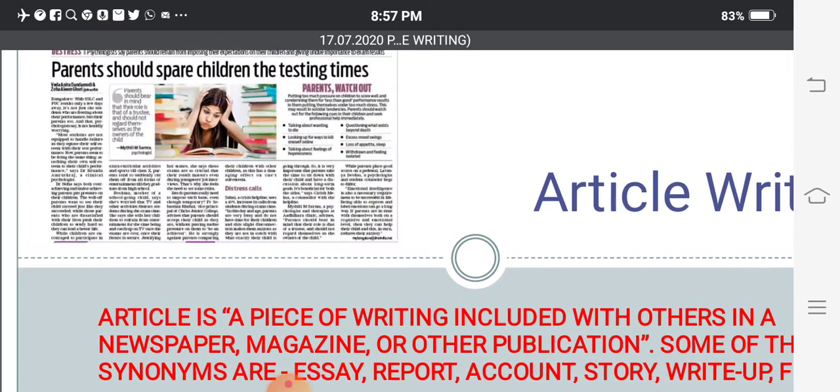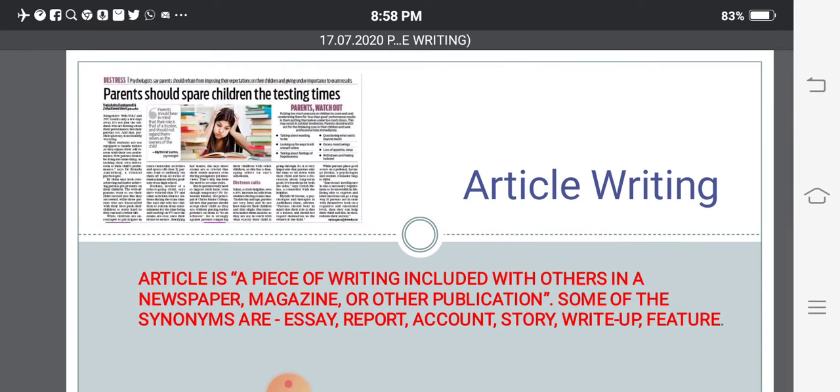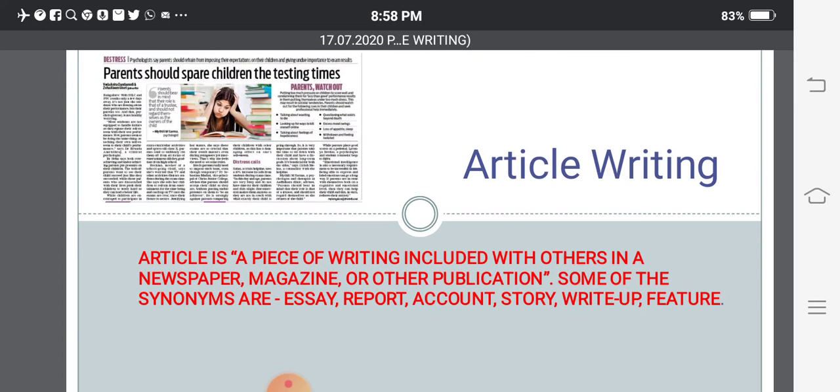I have given one picture, one shot from the newspaper: "Parents should spare children the testing times." Testing times means during exams, parents should give some liberty to the children. See the condition of the children, they are being tensed. So this is being written on it. This is an example of an article. So we'll first start and go according to the